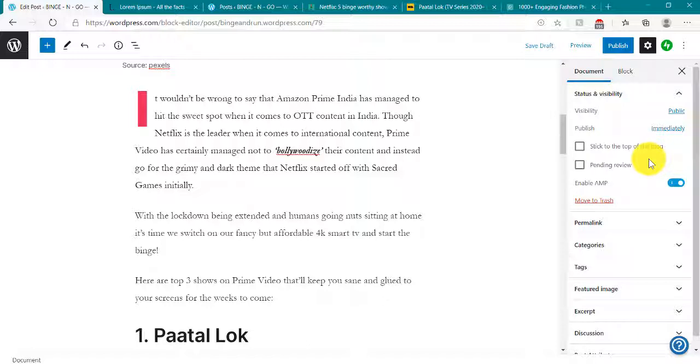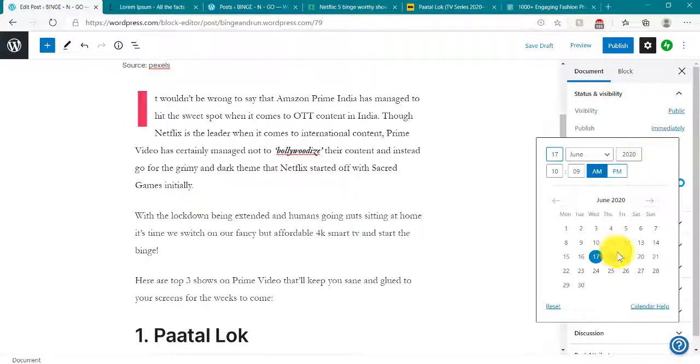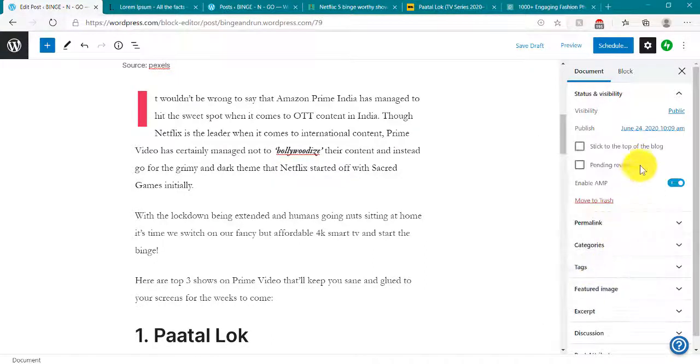What you want to do is click on this publish option and select a date, suppose from next week, the 24th. Once you select it, you can see the option has changed from publish to schedule. Okay, so that is how you can change it.